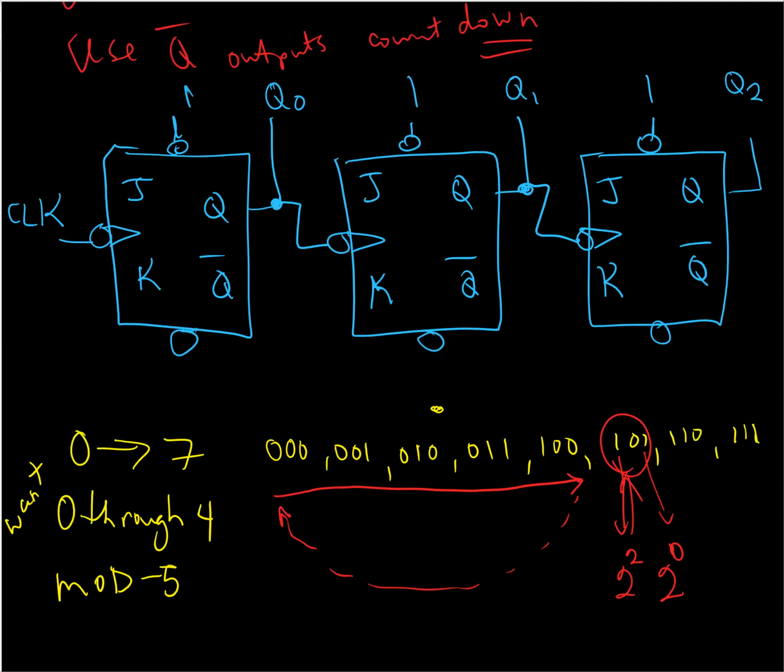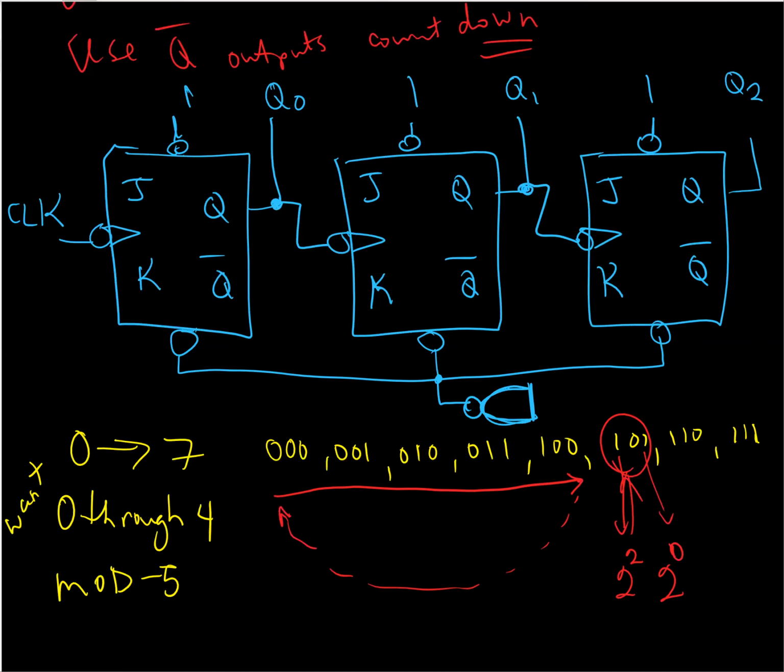I'm just going to make a little bit more space here on my diagram. I can tie to my reset line a NAND gate, and I'm using a NAND gate so that it gives me a low output when my conditions are true, because I know the reset line itself is active low. And then I am going to tie,